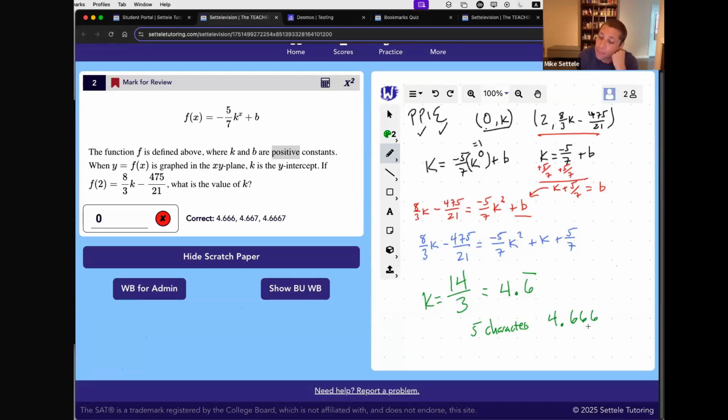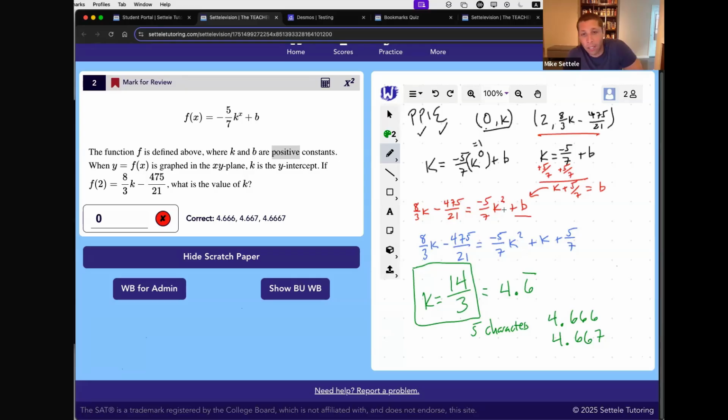666 is 5 characters. But we can also, instead of just ending there, round the last one. If you stop short, you're going to be wrong. It's annoying. I think that's a mean thing that the SAT does. It seems like they should just always specify what to round to. But my advice is, if you've solved something and figured out the fraction value, you're better off entering it as a fraction just to play it safe, especially if it's thirds, sixths, sevenths, something weird.